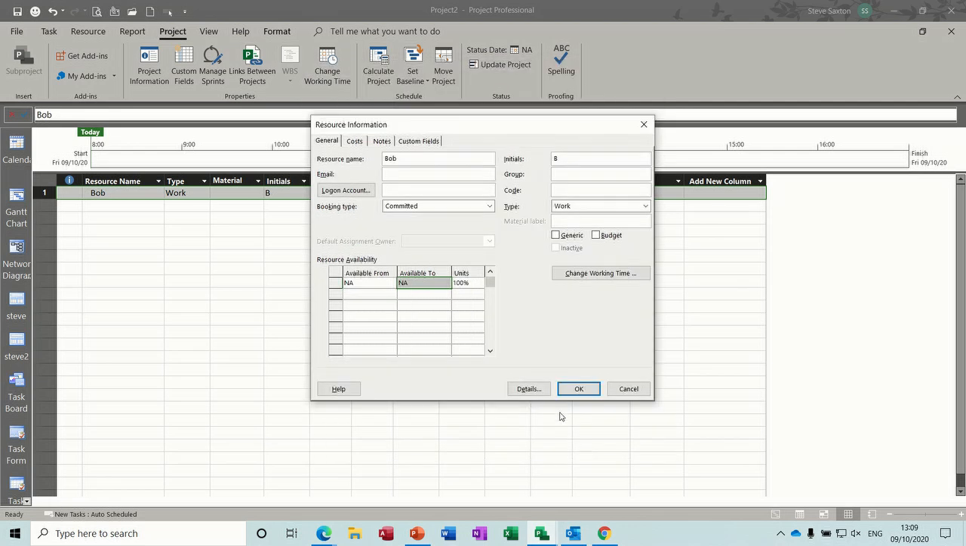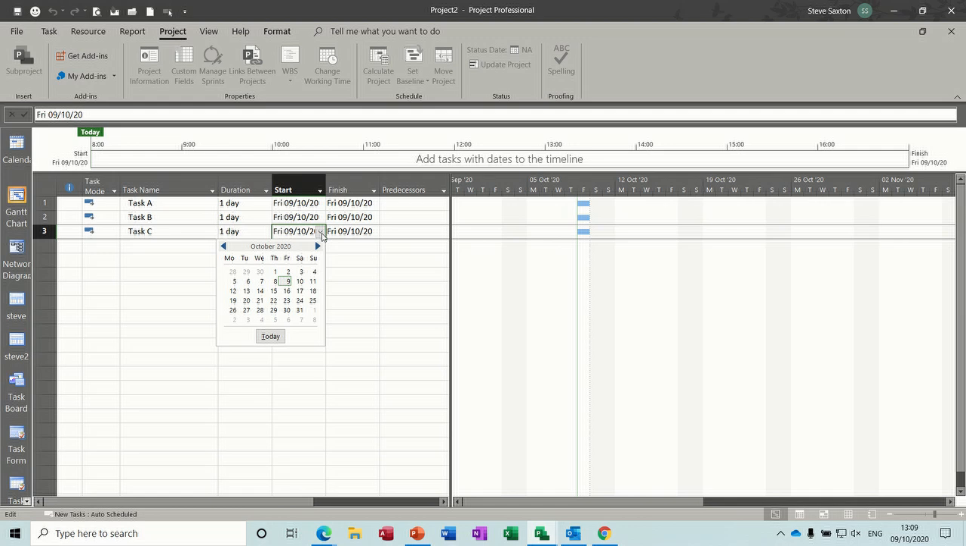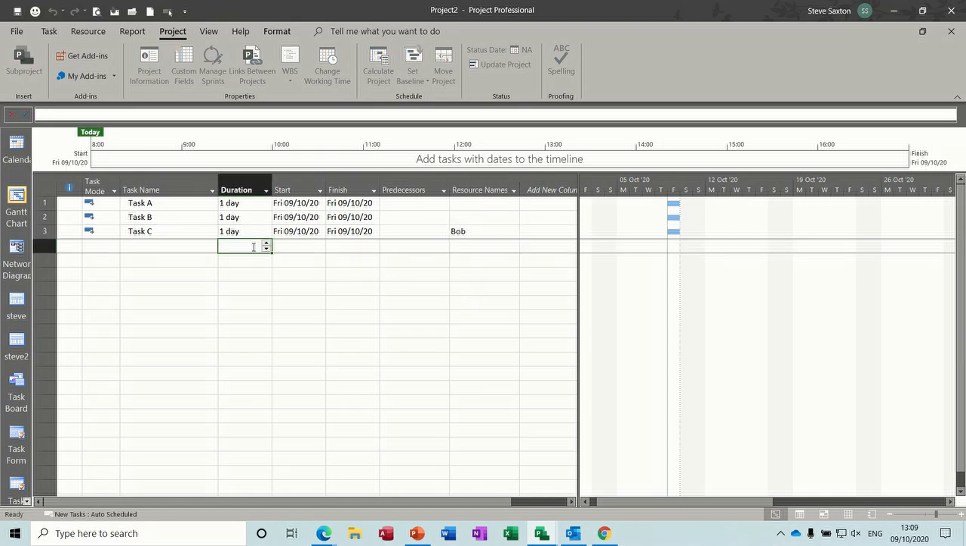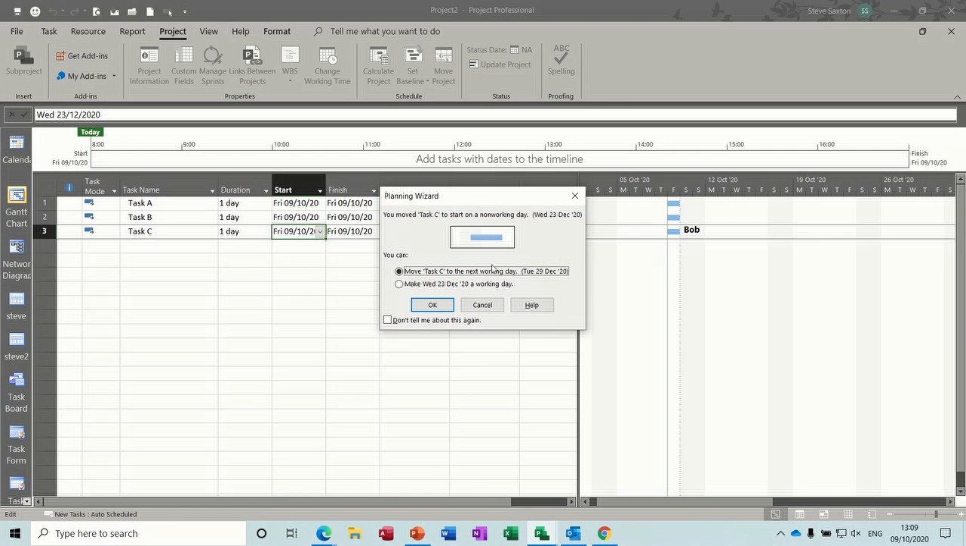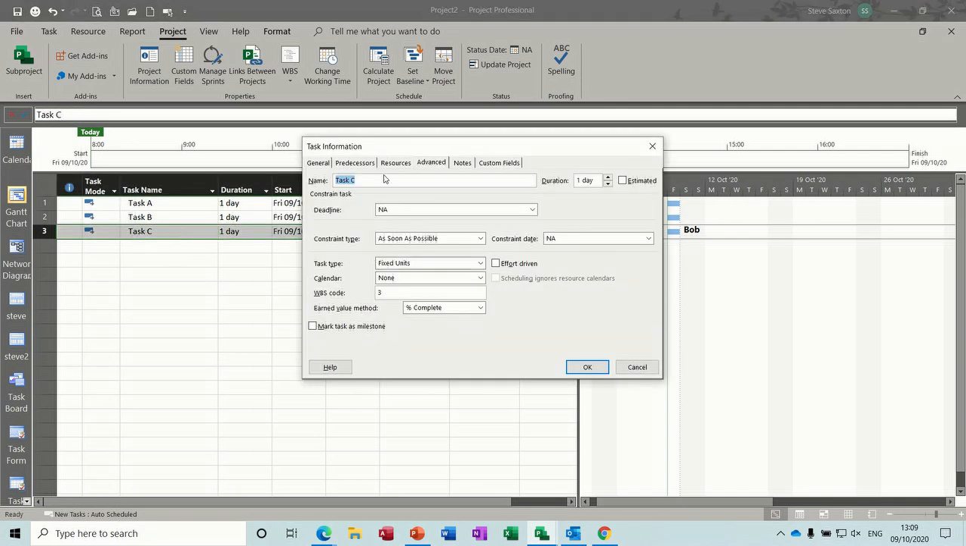I'll click OK. OK. Now, obviously, this task still won't let me select December the 23rd, even though if I put Bob on it, let's have a look. Let's put Bob onto that. Bob's on it, so he's able to work on the 23rd, but the task itself ignores that, still wanting me to move the task to the 29th. So what you have to do is double click on task C and get yourself onto the advanced tab, which I am on, and then assign a calendar to this task. So I'm going to assign that calendar engineers,